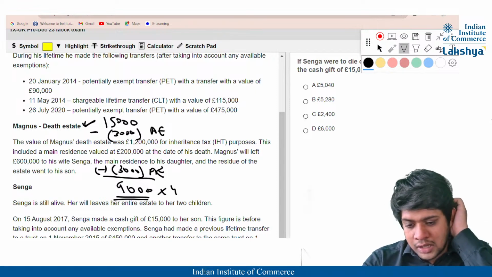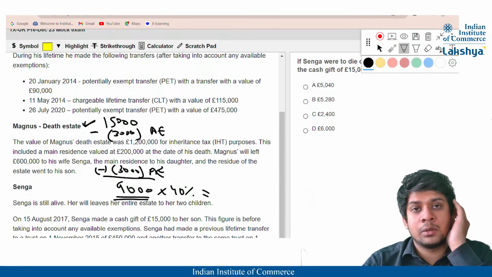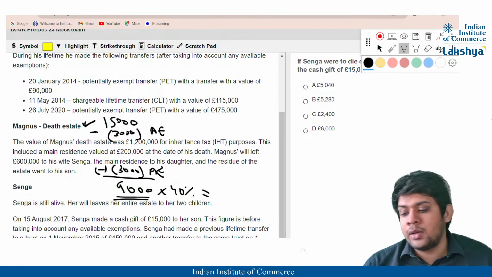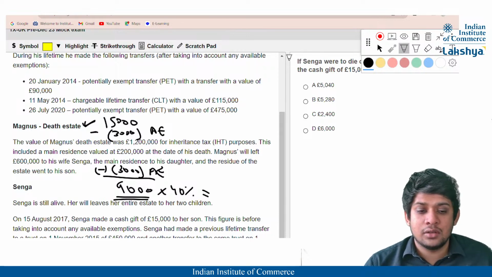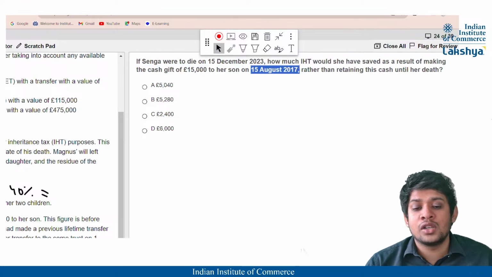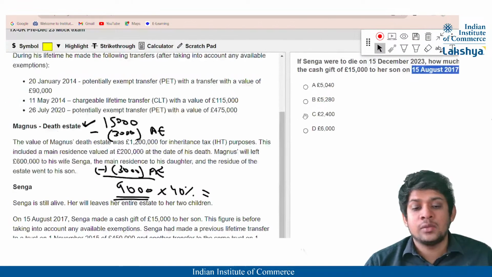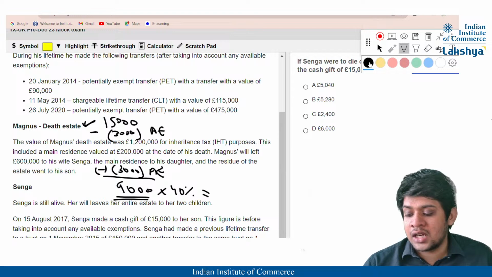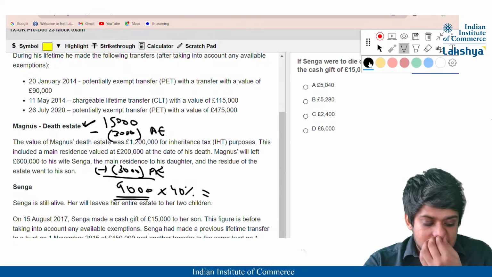And on this, on her death, she would pay 40% tax because it becomes chargeable as she has died within a period of 7 years. Technically, when did she transfer? If she were to die on 15 December 2023, she transferred it on 15th August 2017. So that is within the period of 7 years of death. That means she will get an AE for both, but 40% will be chargeable on this. So 9,000 times 40% will give us a value of